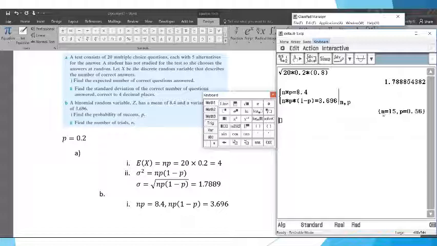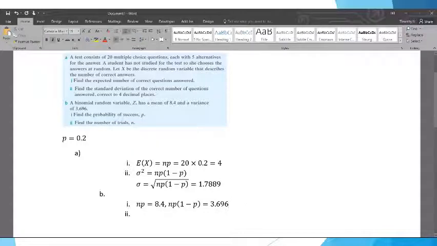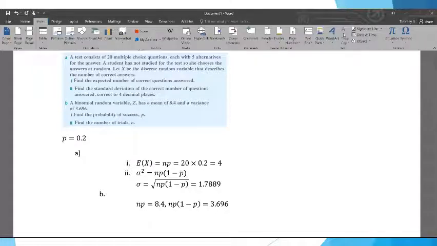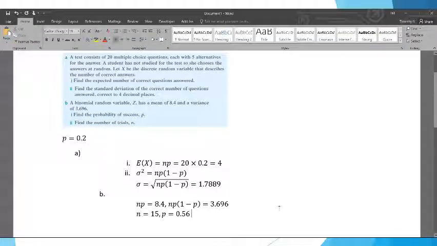Anyway, n is equal to 15, and then we have p equals 0.56. And this is simultaneous